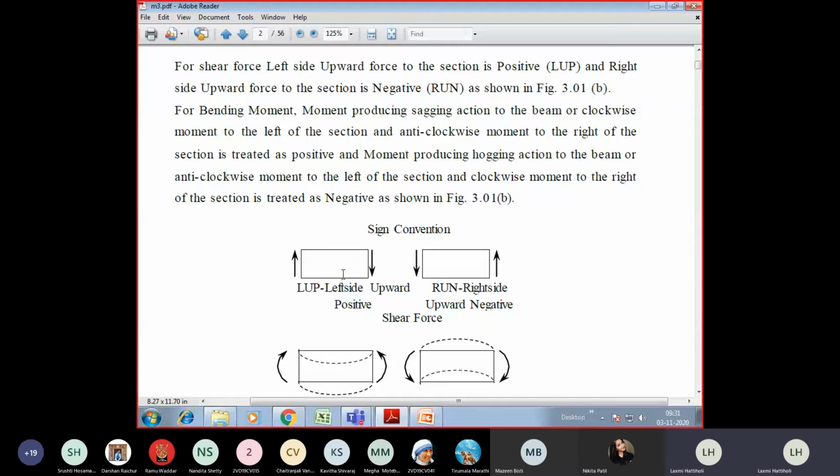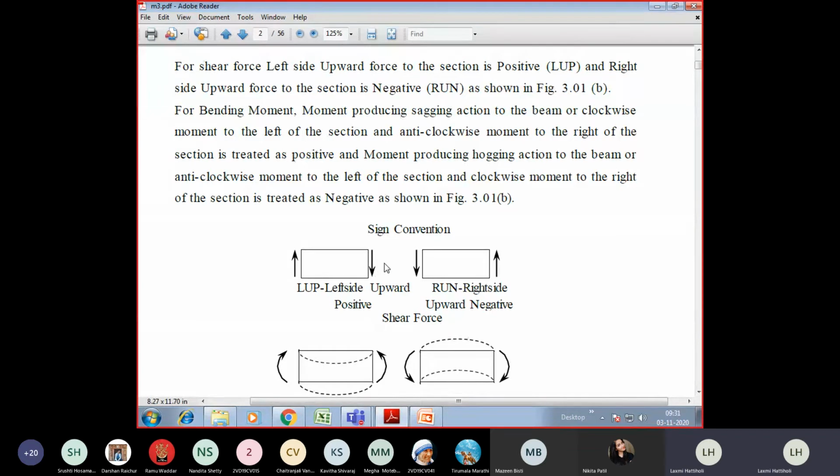Okay, now let me repeat this sign convention. So you have 2 blocks here. Let's say that these are the 2 cut sections and you can observe the forces here. Please, in the first block, observe this force. Observe my cursor carefully. How is this force going? It is going in upward direction. Whether it is the left side or right side of the block? Let me tell you which is left and which is right. If this is my block, observe carefully. This is my left portion, right? And this is my right portion of the block.